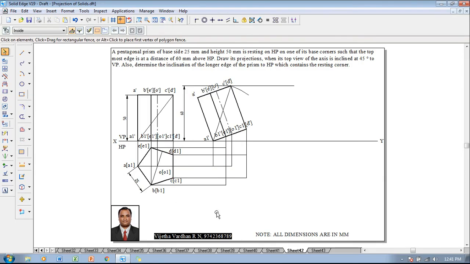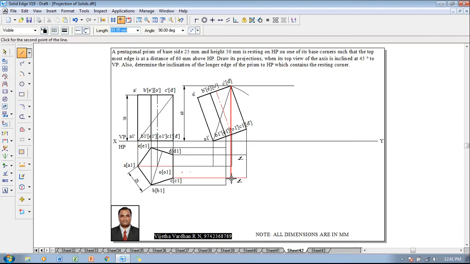Yeah, fine. And then what we are supposed to do is, we have completed the bottom base. In the same fashion we have to draw the top base also, again using the same line command, starting with D dash, where the D dash is up to this line. So here one has to make sure that the angle is 90 degrees, and D dash as well as C dash both will be there, so I can extend this line up to here.